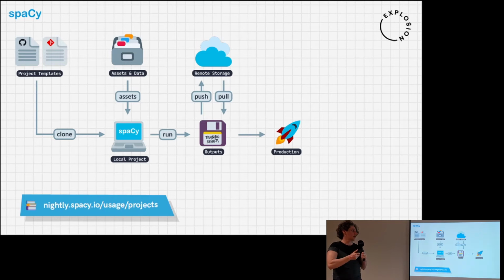And so you're able to have a linkage with the remote storage so that if there's any outputs which are previously cached, which your colleagues have computed before or which you've computed before, you're able to pull them down and get started with any intermediate artifacts. They say you don't need to retrain the vectors, you can just use them from this storage, or you don't need to rebuild this vocabulary file, you can just build that from the storage.